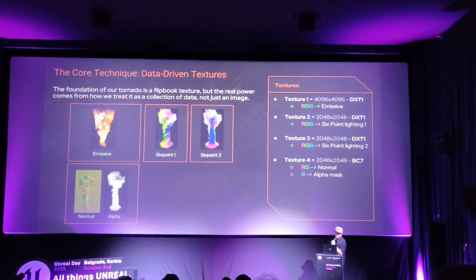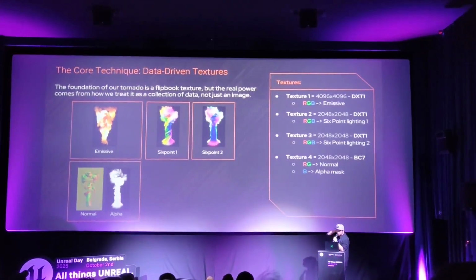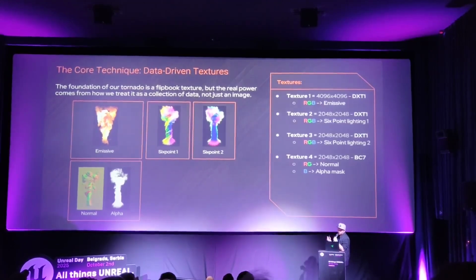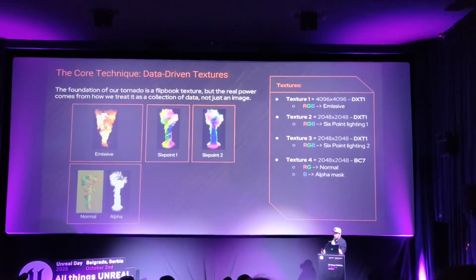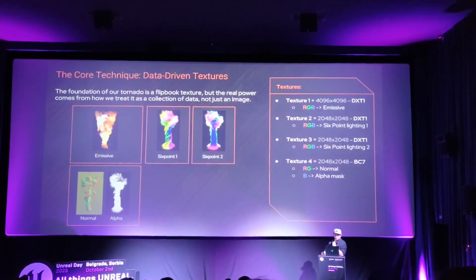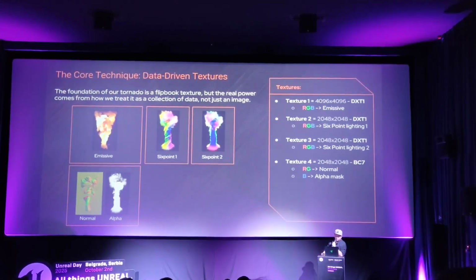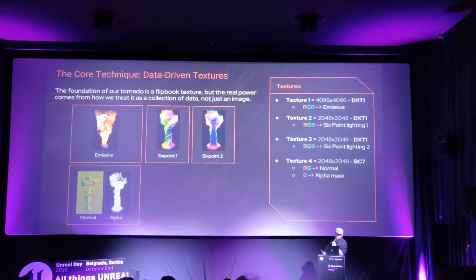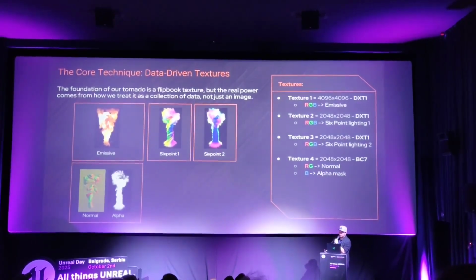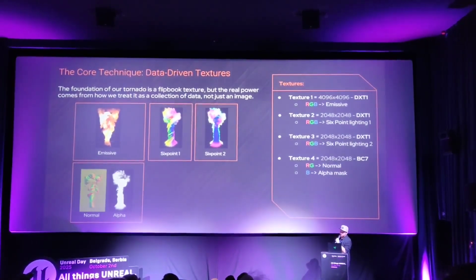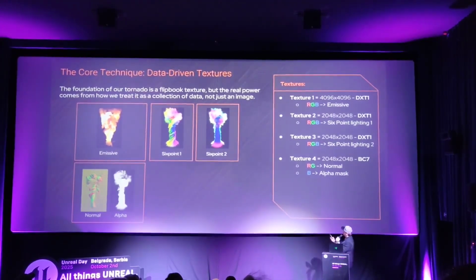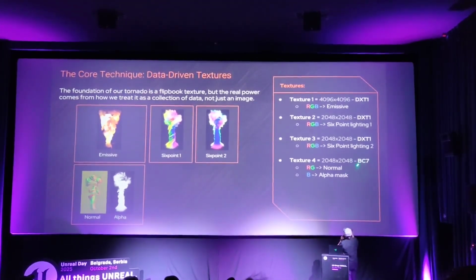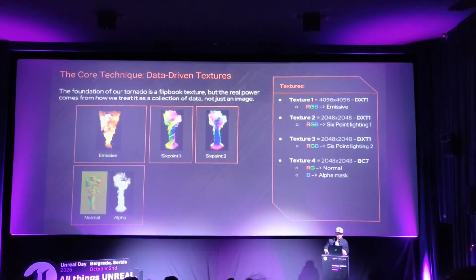Next is our normal. While BC5 compression is the default when importing normals into Unreal, it is not what we want in this case, because by default it discards the blue channel to keep the RG values as high res as possible, while computing the blue channel under the hood. To be able to pack the effect's alpha mask into the blue channel, we can use BC7, which is a highly